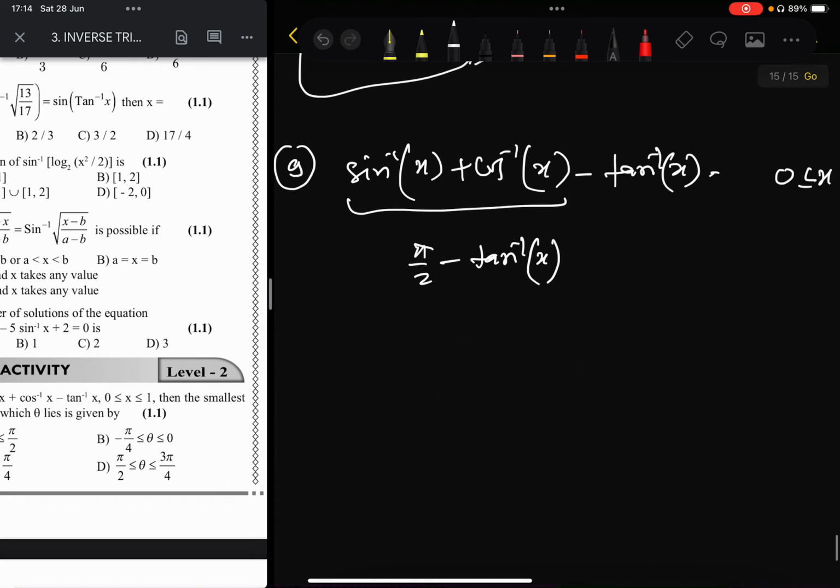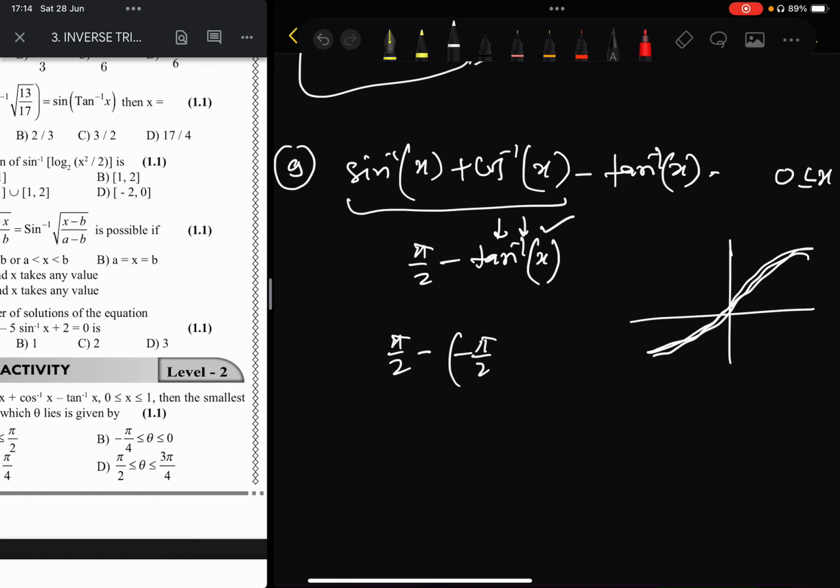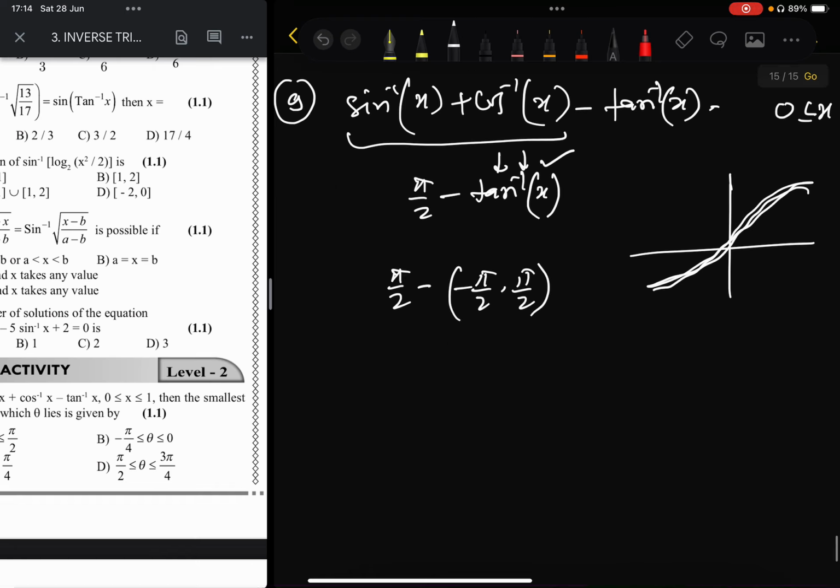Tan inverse x is always an increasing function like this. So its minimum value and maximum value both we can put here. Tan inverse x lies between minus pi by 2 and pi by 2. So pi minus this, with the minus sign, this will become pi. And at the max, pi minus pi, this will become 0, right? But here pi by 2 is not included, and minus pi by 2 is also not included. So we will get the open interval 0 to pi.